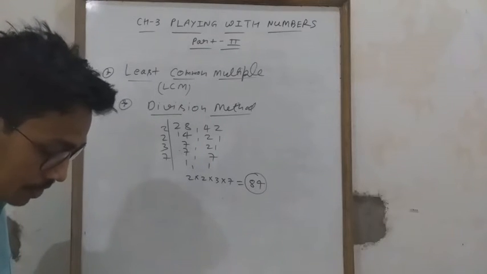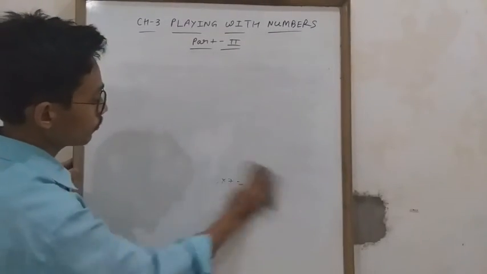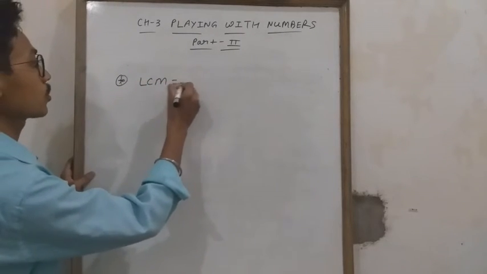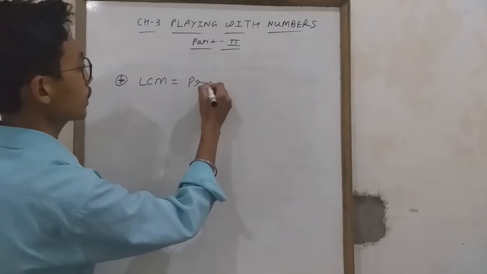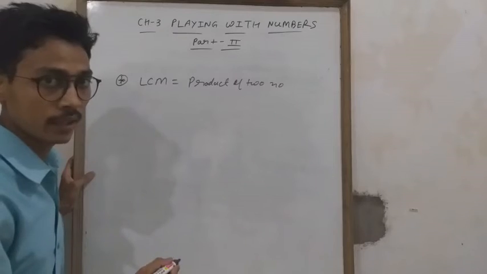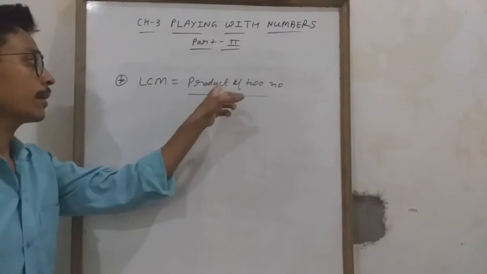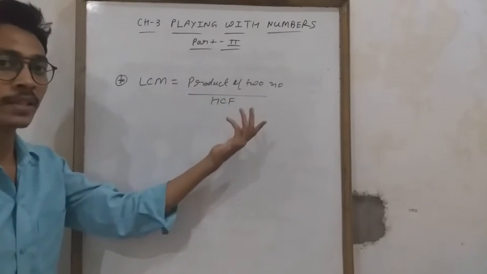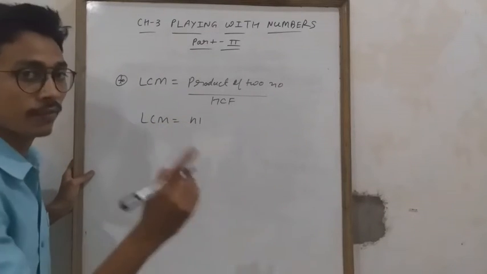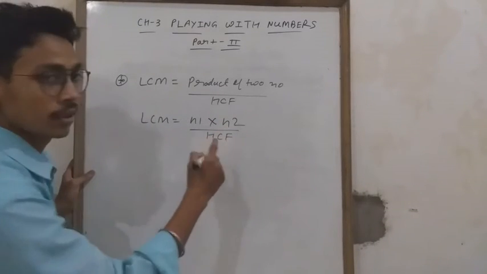Another formula I am going to explain which is very important for your exercises. See student, I am writing one formula, very important. One important formula: LCM equals product of two numbers upon HCF. See student, if you have to find LCM, and the product of two numbers and the HCF are given, you will apply this formula. So here also you can write LCM equal to N1, N1 is the first number, N2 is the second number, and HCF. Clear everyone? Both are the same.